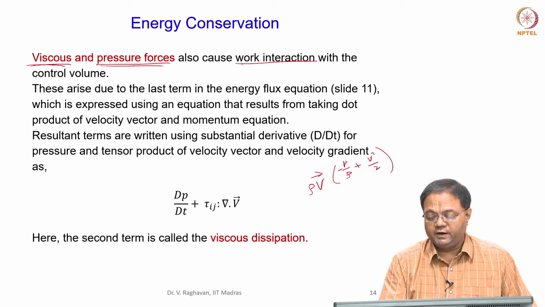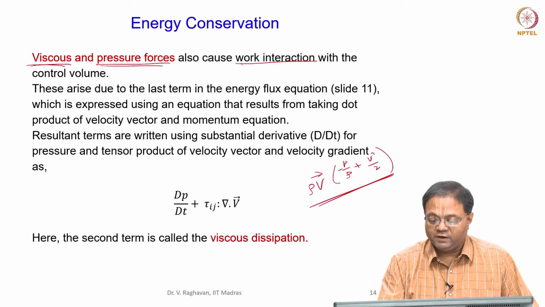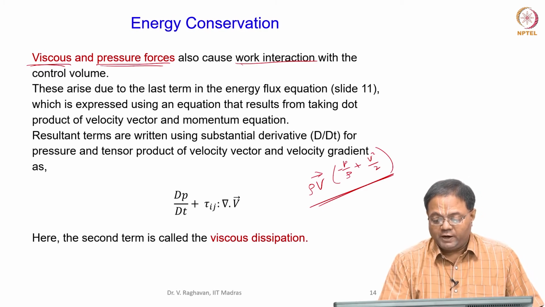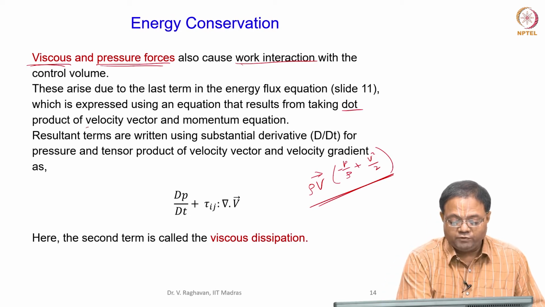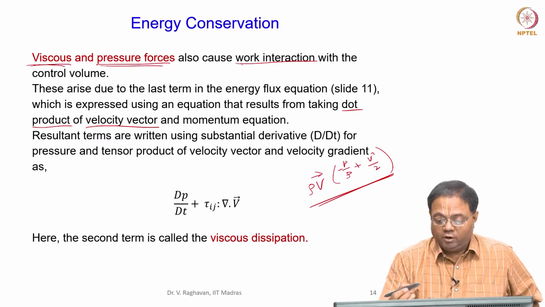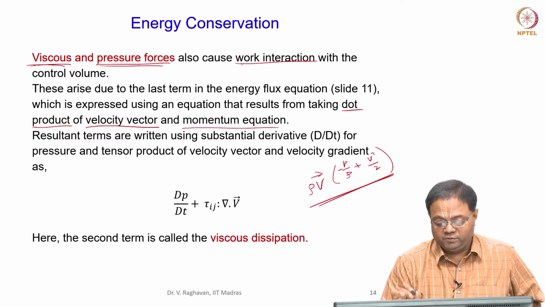So this is the kinetic energy and pressure energy. This flux, if you take the dot product of this with the velocity vector, and combine that with the momentum equation,